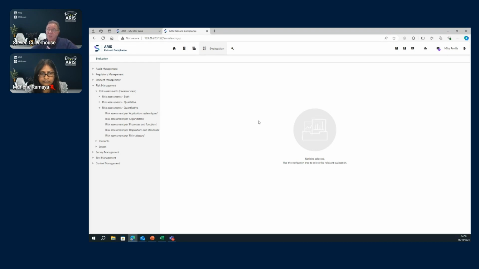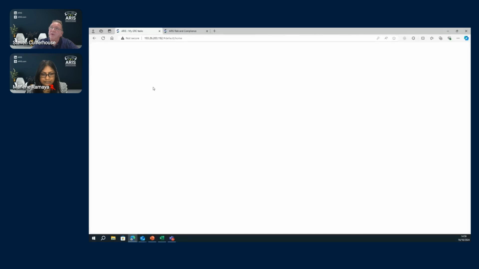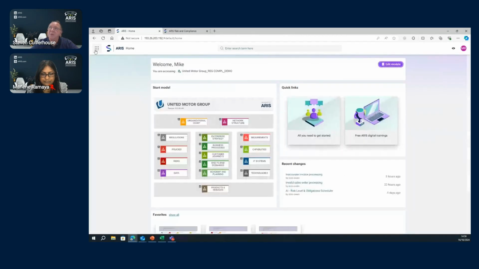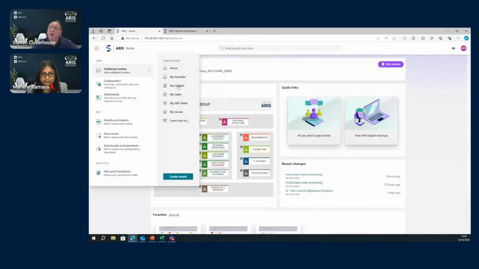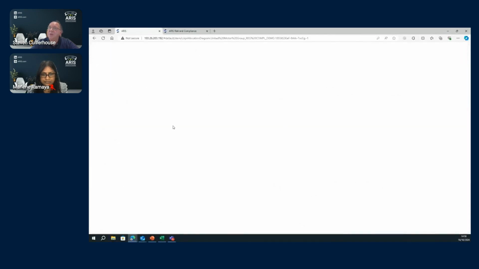But I am very conscious of time. I think we've basically come to the end of the flow. The only other thing is going back into ARIS, into ARIS Connect, where you can actually look at the results of the risk assessments as well. So if I show you the model I was looking at before, just in the last minute, if I take you to that particular risk and look at the fact sheet,